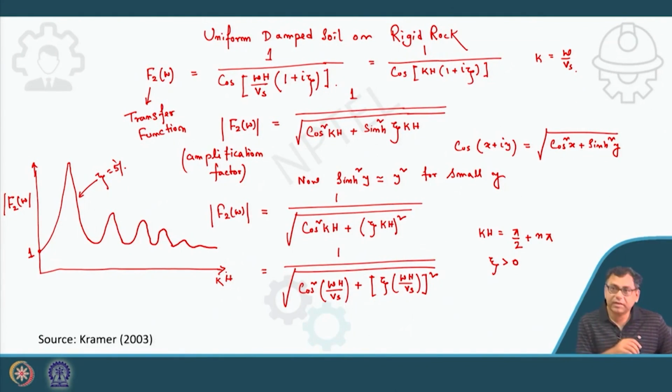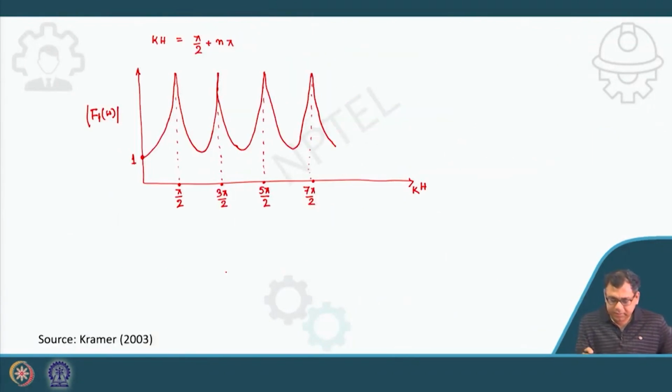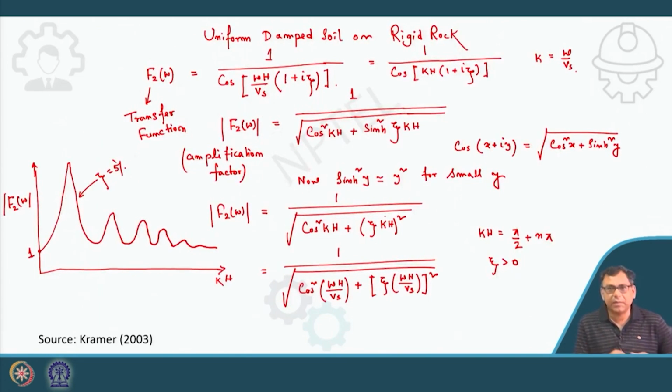But in the previous case, there is the same amount of peak for pi by 2, 3 pi by 2, 5 pi by 2, 7 pi by 2. But here as the kh value increases, it starts decreasing because of the presence of damping. Okay, so now this is my